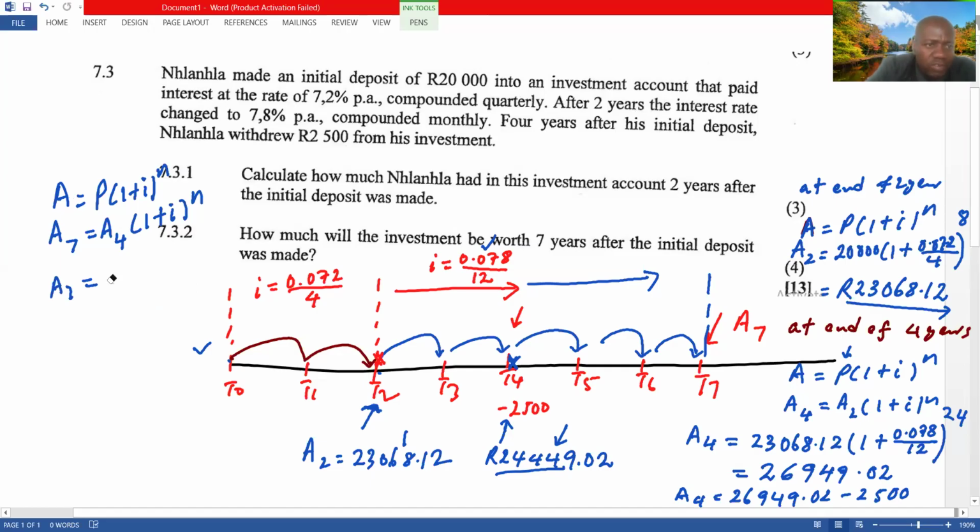The present value would be 24,449 rand 2 cents, which we substitute here, into 1 plus. What is the interest? 0.078 over 12. But for 3 years, from 4 up to 7 is 3 years, so it's 3 times 12. We need to convert it to months because it's compounded monthly, which is 36 months. So at the end of 7 years, his investment would be worth